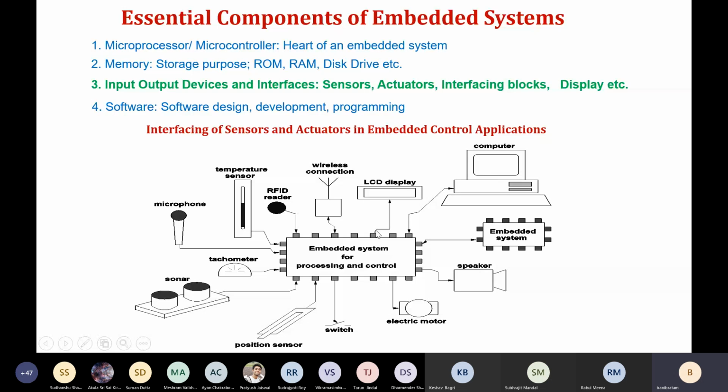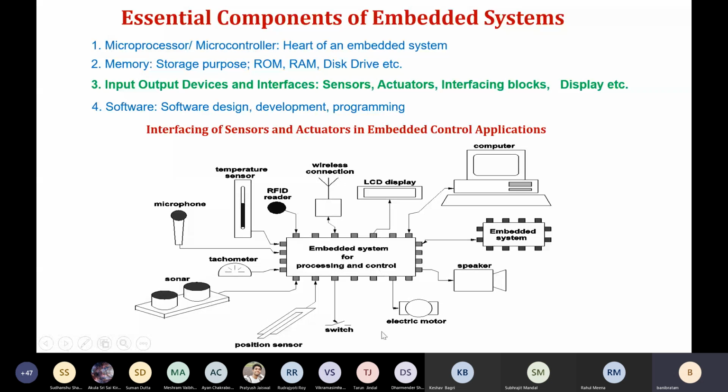Then the display needs to be connected with this system, or you can also have some wireless connections for transmitting the data wirelessly to some receiver at the other end, right? So this is the meaning of interfacing. Here we can clearly see that depending on my application or requirement, the embedded system needs to be interfaced